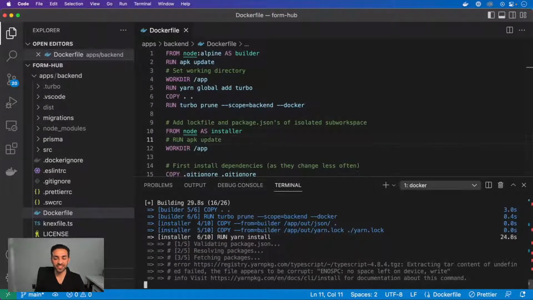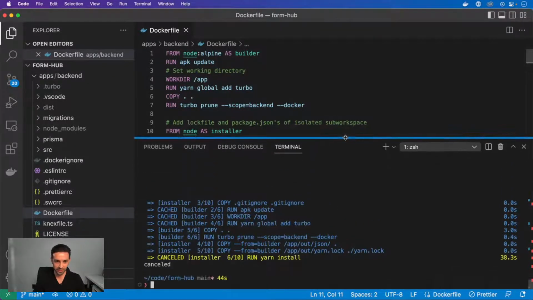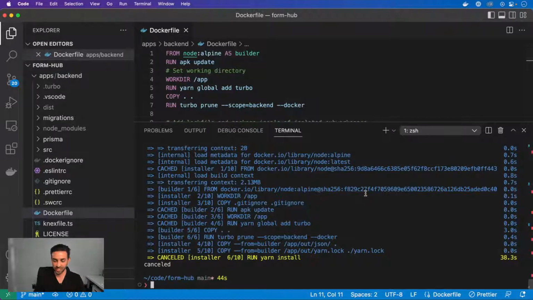No space left on device. I can't tell you how often this happens. I'm sure I have to figure out a way to make this happen less often, but the more you build and build and build things, you will run out of space. So I'm going to show you how to clear the space. I'm not going to worry about trying to expand my space today, but in case you happen to run into this as well, which is why it's helpful to watch videos like this where other people are failing too, you'll know what to do. So docker system prune